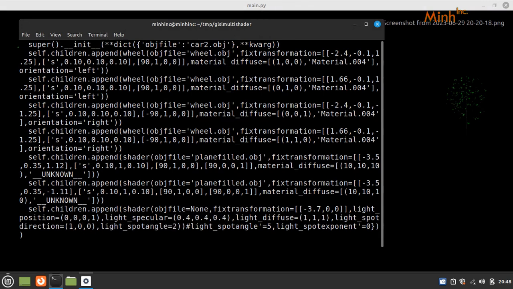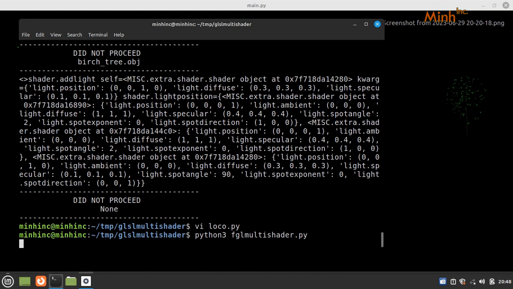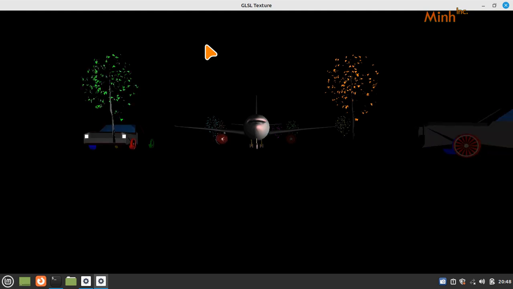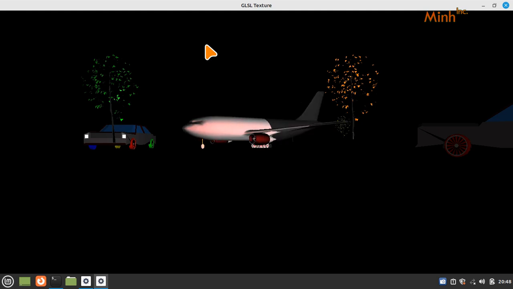Okay, so this framework is a local framework. We have not copied it from anywhere. Okay, now it is bigger, so we can see. Now if I rotate the plane, we can see the lighting. Okay, so this is about